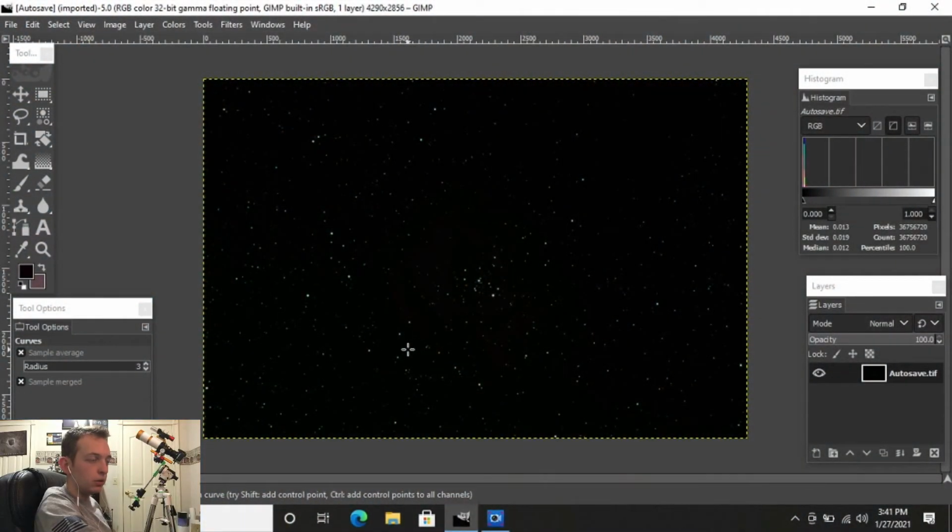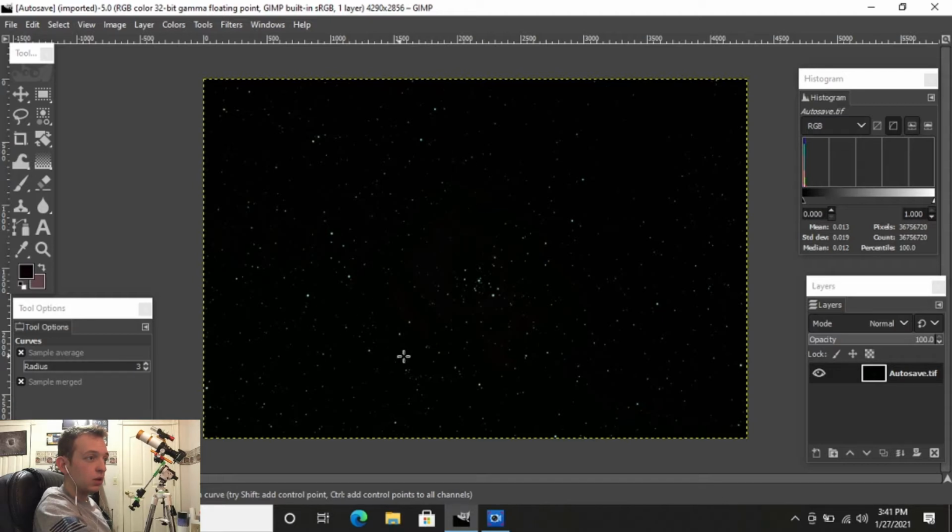Alright everybody, here we are in GIMP 2.10 and we're going to do an image processing tutorial today. This is a stacked image from Deep Sky Stacker of the Rosette Nebula using my modified Canon XSI with the Zenith Star 61 up here. And this is about 4 hours, I believe, of data. This is some older data I've already processed before. I thought it would be a good target for a tutorial, so I will walk you through the whole process